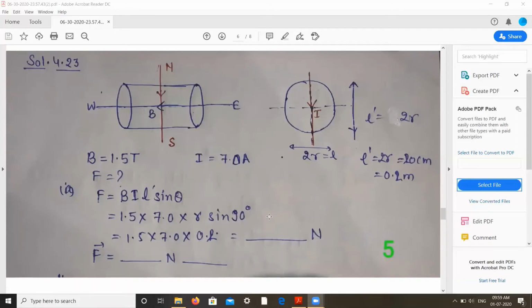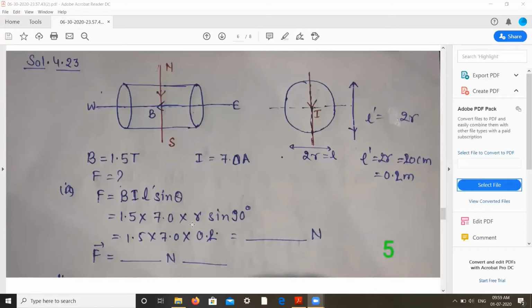Actually, what is current? The current vector, we normally call it current multiplying with length, so a vector quantity is multiplied with a scalar term, so it gives a vector term. So it is a current element which is directly downward, so it makes an angle of perpendicular with the magnetic field. So sin theta is nothing but sin 90, and the magnitude of sin 90 should come to be 1. Substitute these values and that length is nothing but 2 times of r.